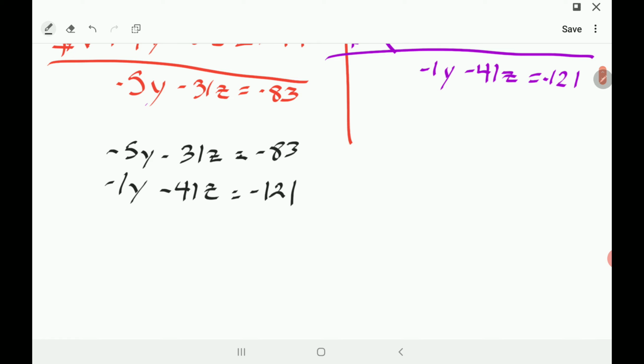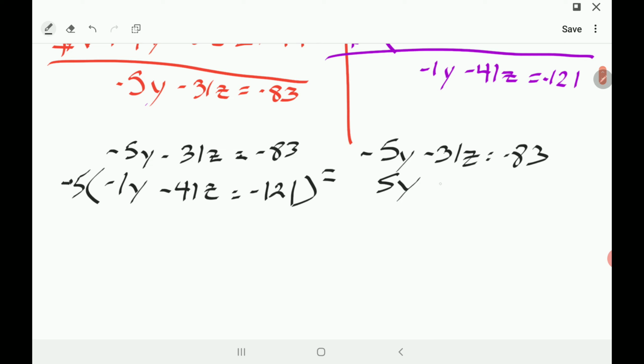Now, obviously, I'm going to use the y's to cancel out. I'm going to multiply this bottom row by negative 5 to make that a positive 5. I wouldn't use the z's. That doesn't make sense to use the z's. So, yeah, there we go. Moving on. So, negative 5y, I don't multiply the top by anything because that's a negative 1. 31z equals negative 83. Positive 5y, positive, and this is gross,